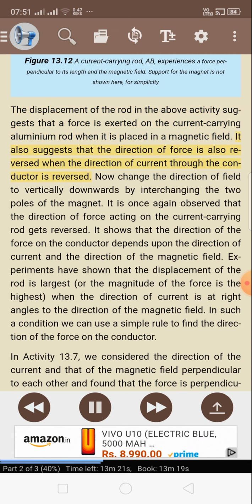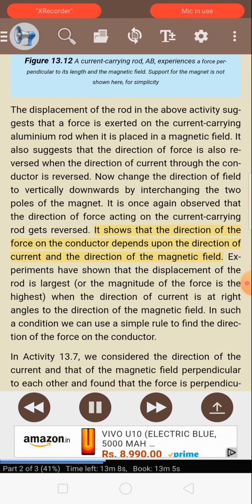It also suggests that the direction of force is also reversed when the direction of current through the conductor is reversed. Now change the direction of field to vertically downwards by interchanging the two poles of the magnet. It is once again observed that the direction of force acting on the current carrying rod gets reversed. It shows that the direction of the force on the conductor depends upon the direction of current and the direction